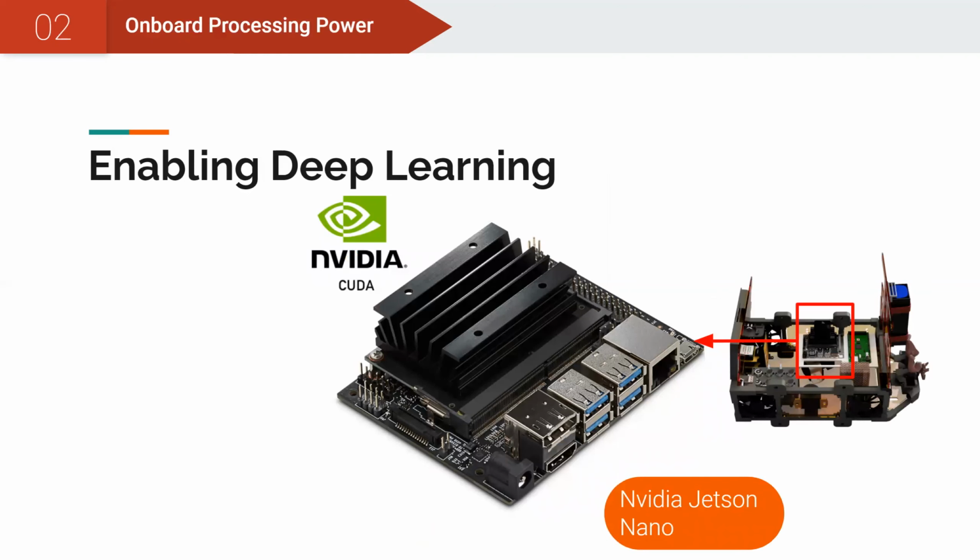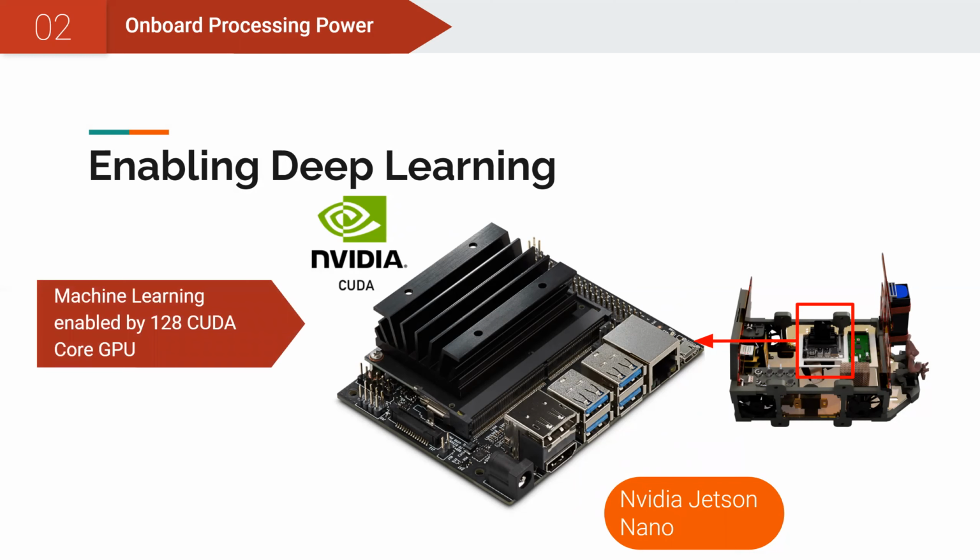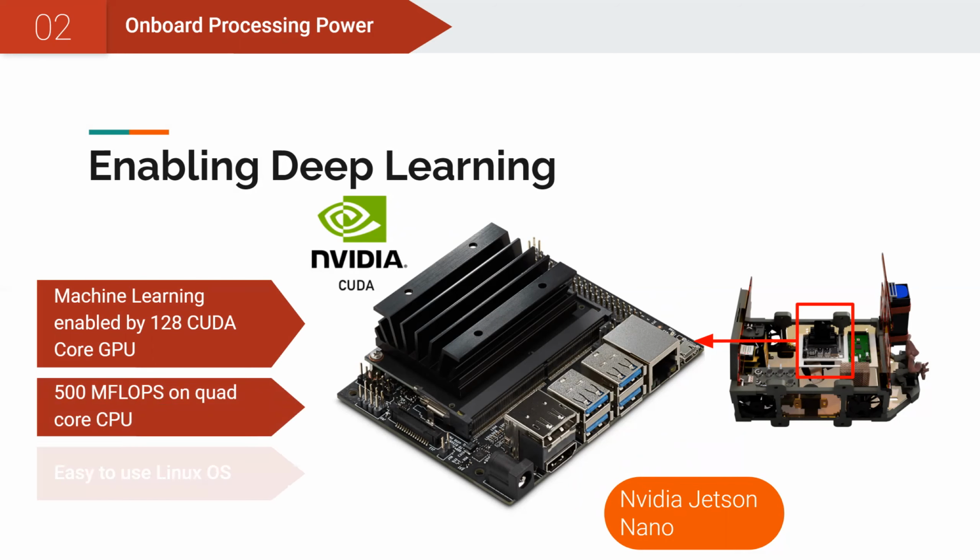As a standalone system, the BatBot is also capable of performing advanced onboard signal processing. BatBot 5 is the first version of the system to contain a computer, and processing power was a key concern. As such, the NVIDIA Jetson Nano was selected. With this computer, deep learning tasks can be accelerated using a 128 CUDA core GPU. In addition, standard filtering and data collection tasks can be performed with little impact on performance due to its quad-core CPU. From a user perspective, the availability of a Linux OS also makes this system easy to work with for